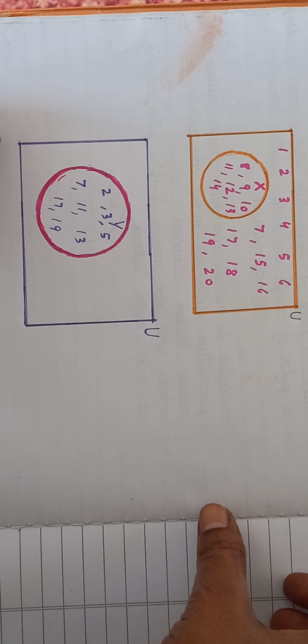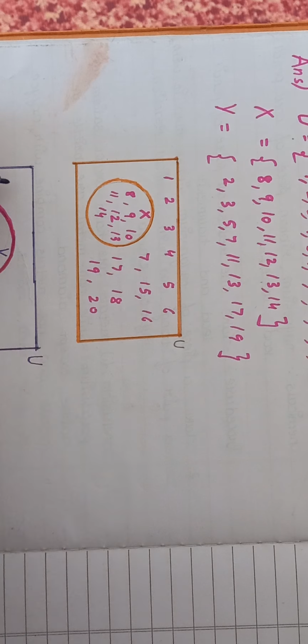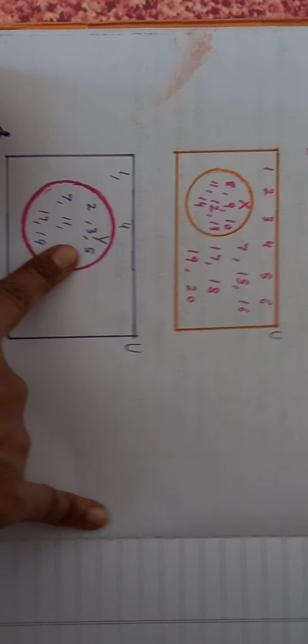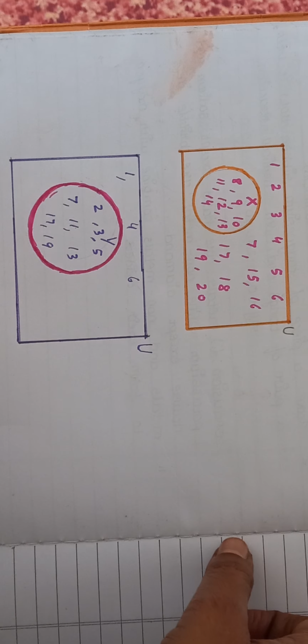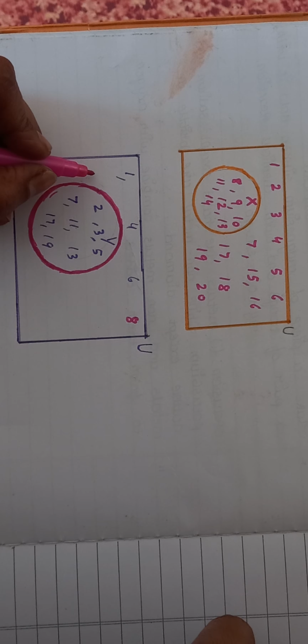Now what are the remaining numbers? In the universal set everything will come: prime numbers and the remaining numbers. So what are the elements which are left? They are 1. Now 2 is already here, so check. I'll write 1 here. Then what is left? 2 and 3 we have written, 4 is left, so we will write 4 here. Now 5 is done, so 6 is left, and we will write 6 here. Then 7 is there, so 8 we will write here. Then 9 is not there, so we will write 9 on this side.